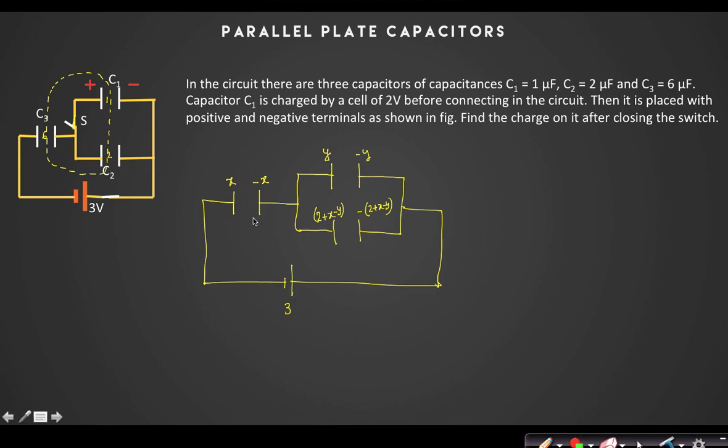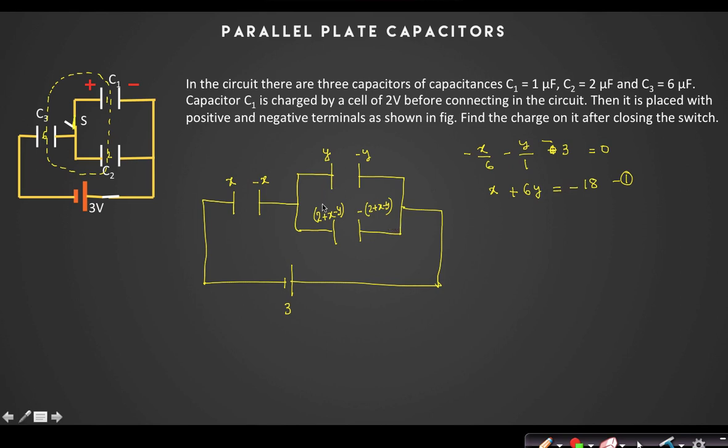No problem. So first equation I will write for the bigger loop. For the bigger loop, I will write minus X by 6 minus Y by 1 plus 3, this is minus, so minus 3, equal to 0. Yes or no? So I can write this equation: X plus 6Y is equal to minus 18. That is the first equation I can write.